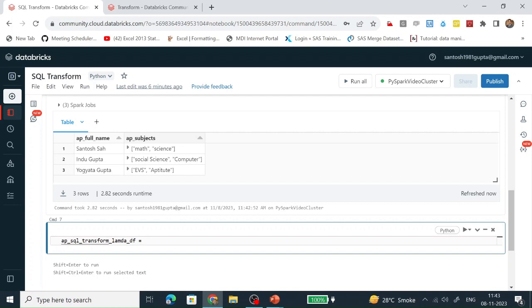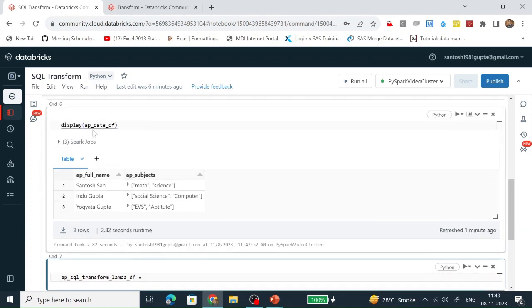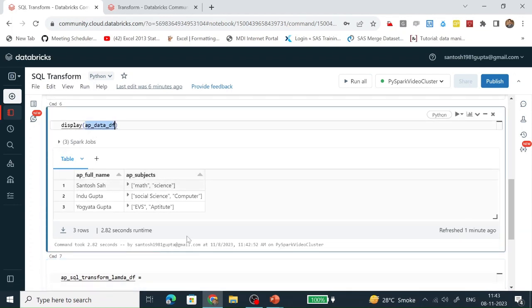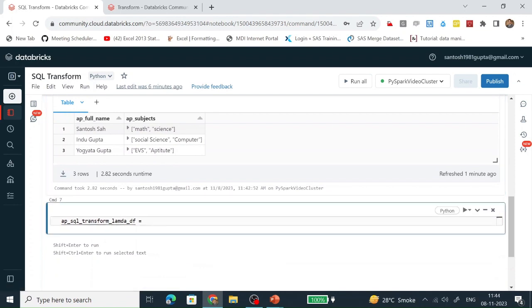First we are selecting the data frame on top of which we are going to perform the transformation. So first let's select it, and the first column is AP full name, right?